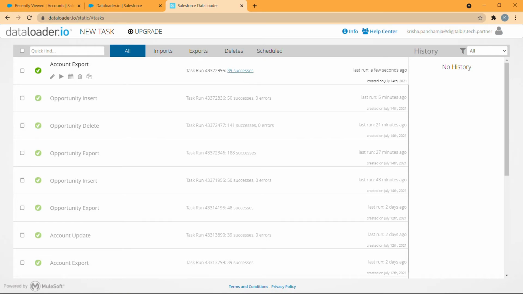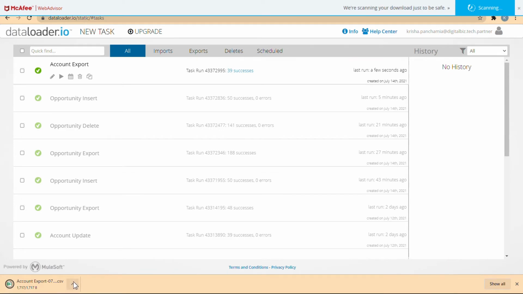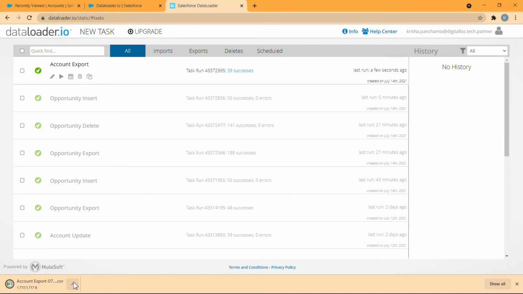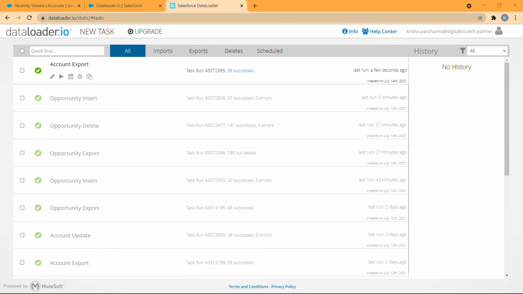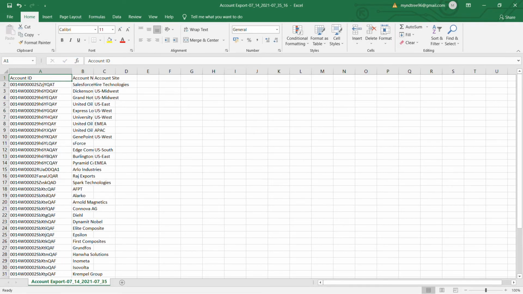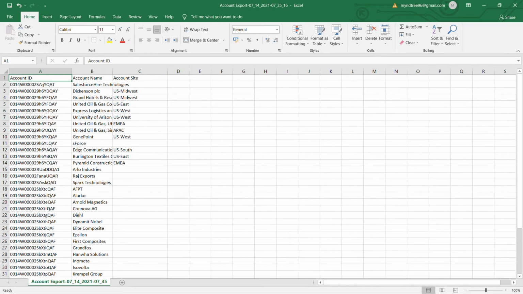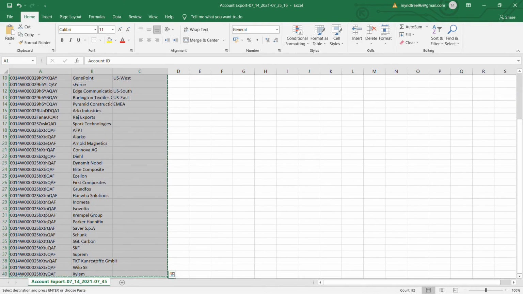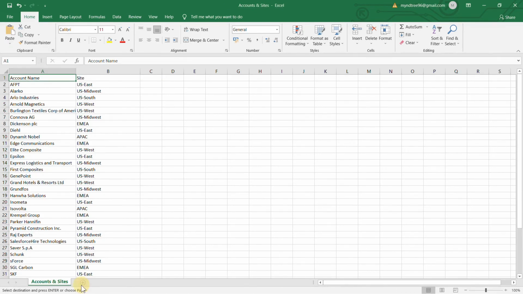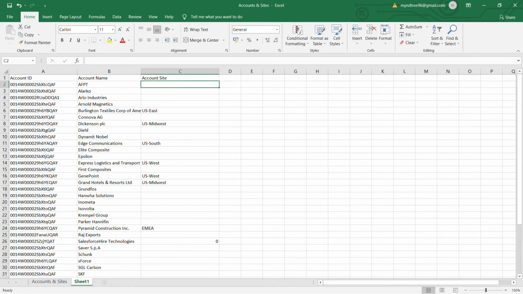Once all of these are run, I'm going to quickly download my account export file. Once it's downloaded, I'm going to quickly open it. So here I have the account IDs, the account name, and also the account site of a few of the accounts. I'm going to copy this content to a new sheet here. So here I'm going to update the account site from this sheet